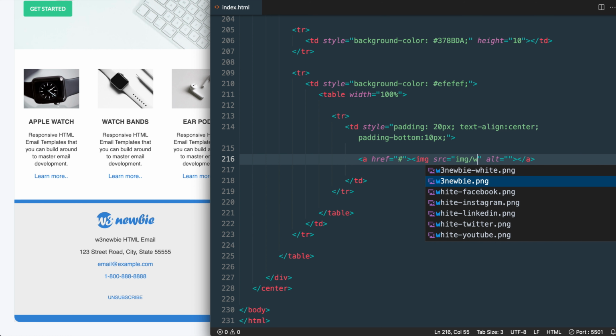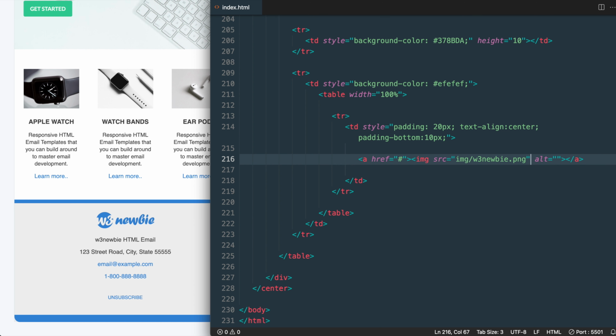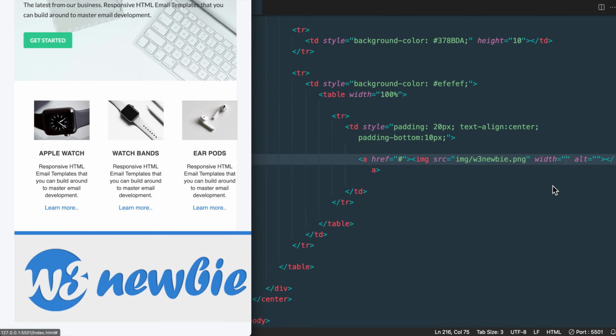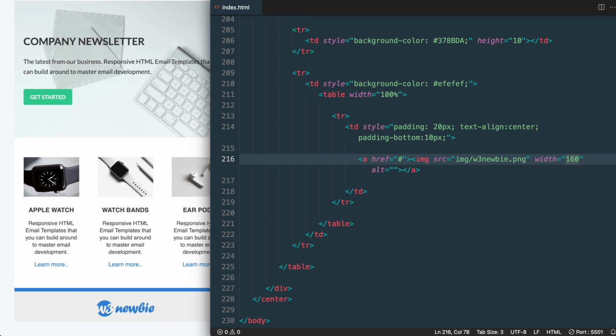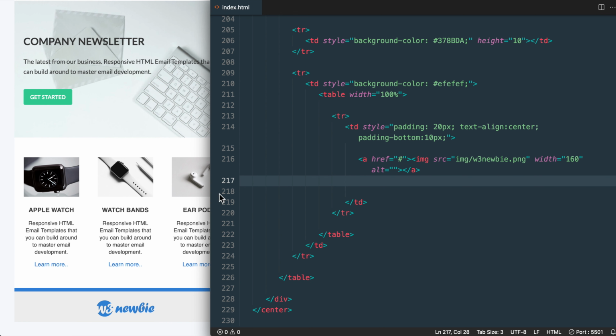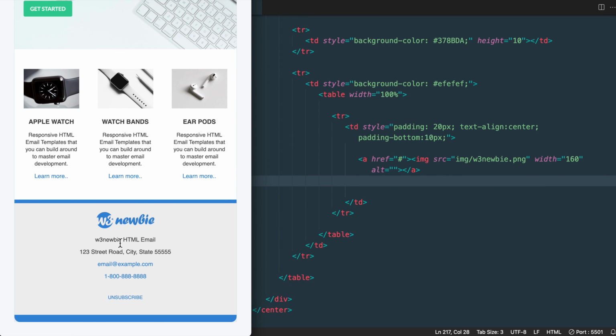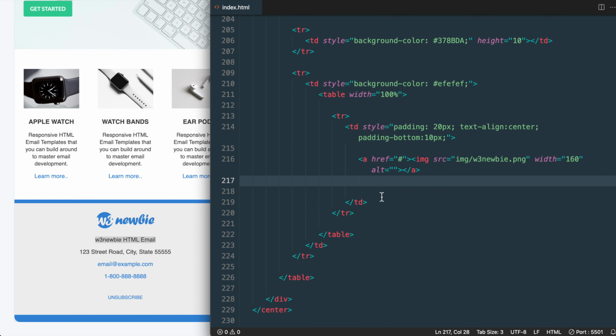I think I included the white version by mistake for another template. Then for this image, I'm going to change the width so it doesn't display at the full width using the width attribute and 160 pixels. Okay, so now we're ready to add the paragraph text that appears underneath it, starting with the W3Newbie HTML email,